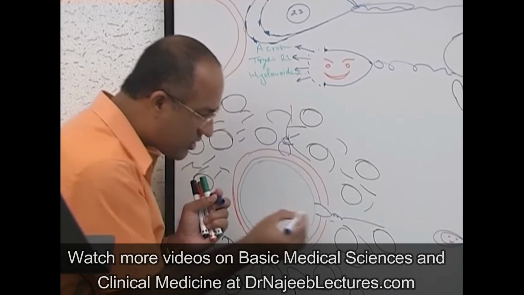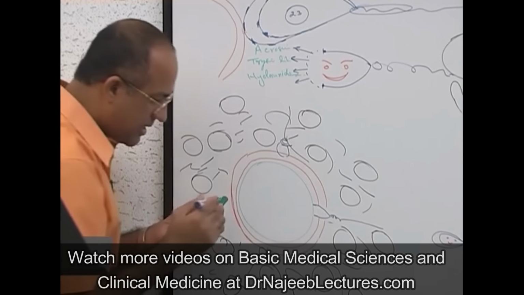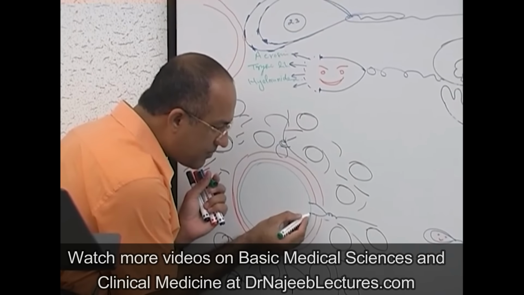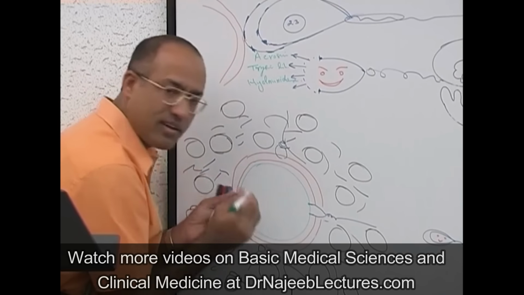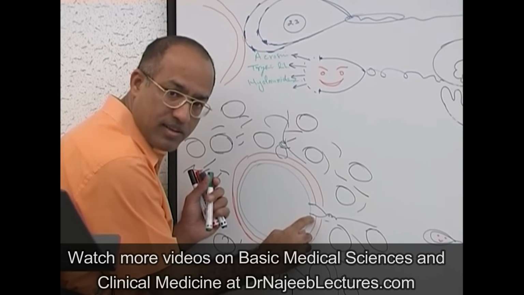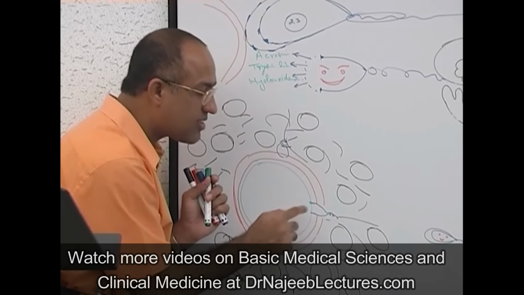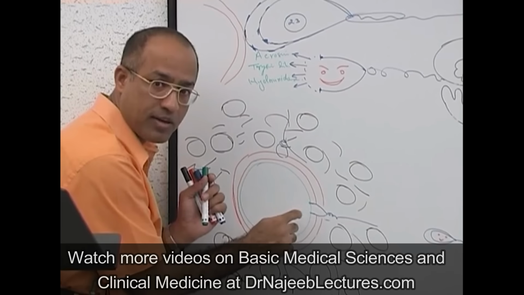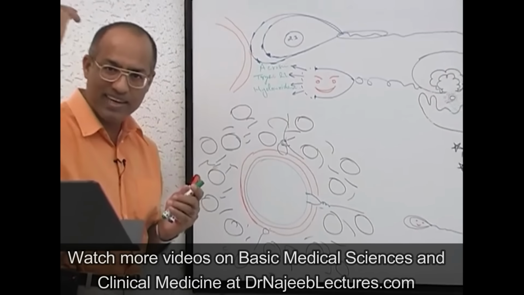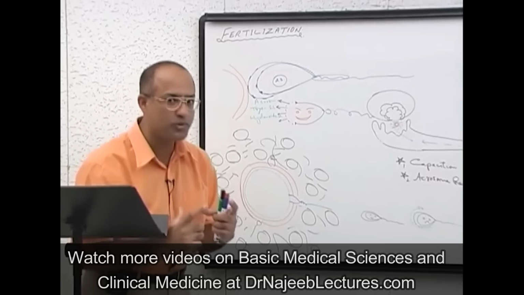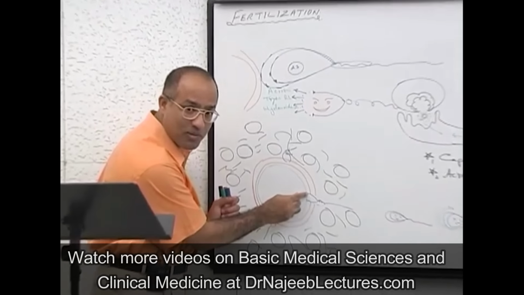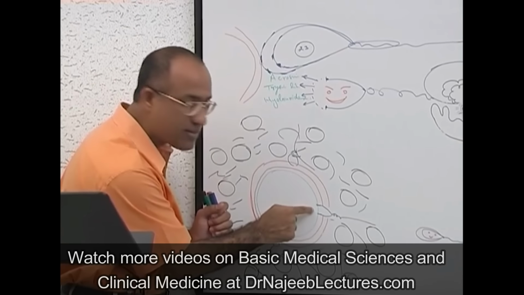Ovum. Is that right? Of course, the fusion between the oocyte membrane and the sperm cell membrane. Remember, this is not the cell membrane or plasma membrane of the sperm from its head which fuses. No, head membrane has been lost. The real and actual fusion is between the posterior region of the sperm, because it has lost its part of the head, and the membrane of the ovum.